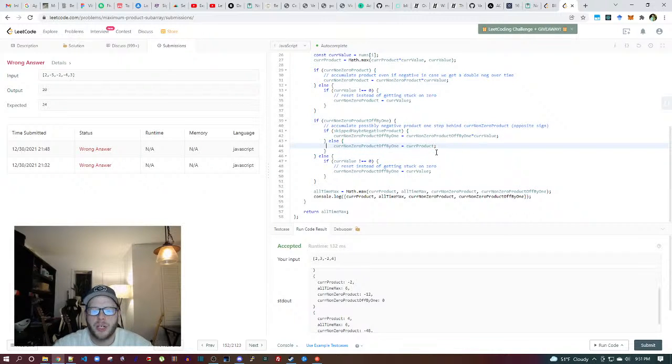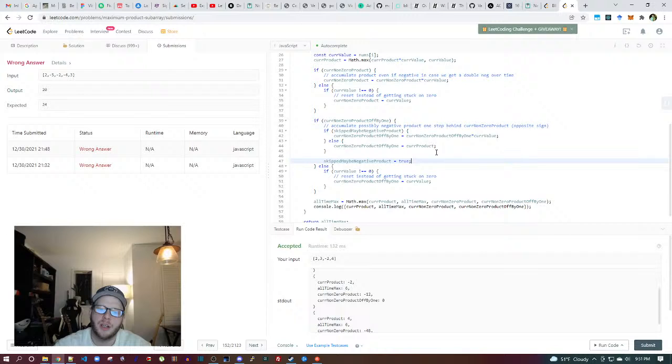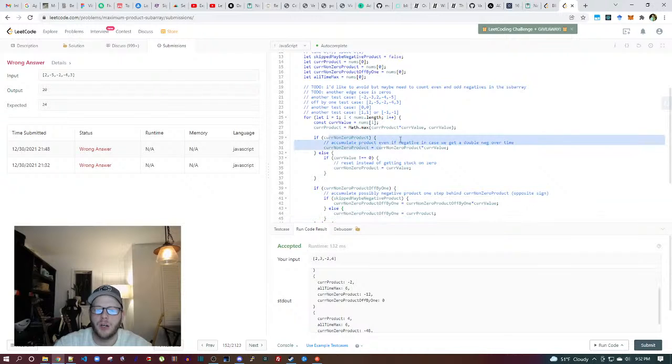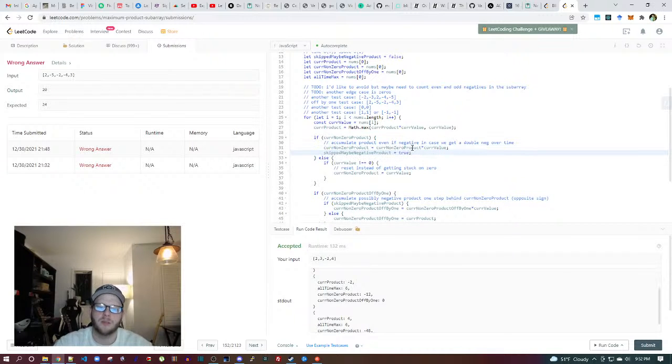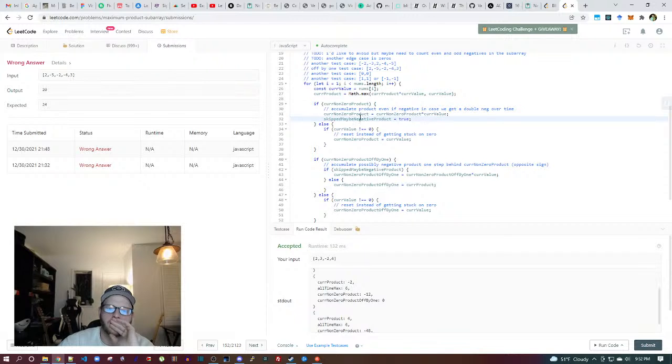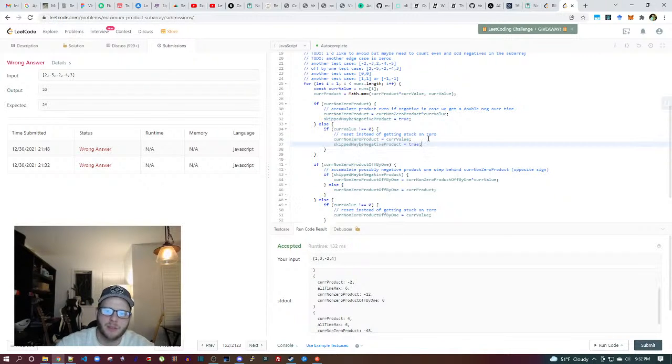I need that flag change to be, if skipped maybe negative product, I need this flag change to be up here, actually. Yeah, need that flag change to be up there. And then if this resets,